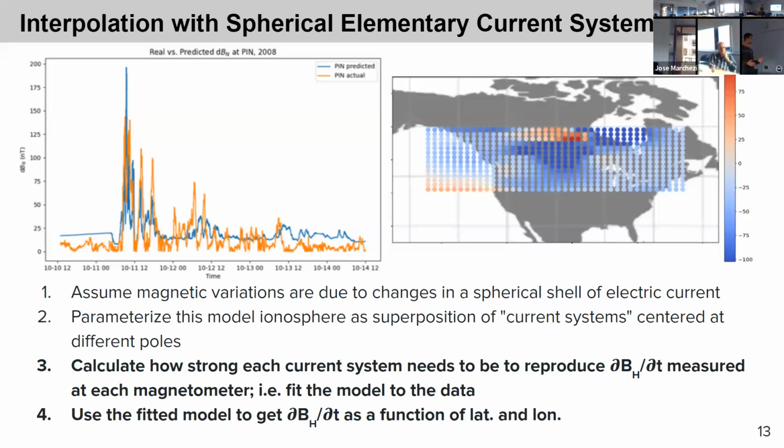Once you have that fitted model, you can, in a functional form, pick a set of coordinates and get a geomagnetic perturbation value at that point. It would look something like this at a single point, and then you can extrapolate that to an entire region and make heat maps like this.